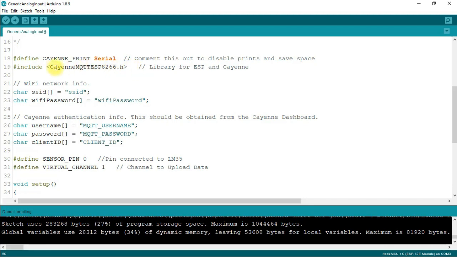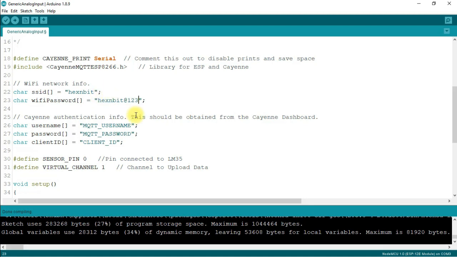This is for the serial communication, so that if I want to see what is happening inside this library, I have also enabled it. You can disable it by commenting this out. Now I have to give my SSID and password. So my SSID will be hex and bit. These are your router settings, the Wi-Fi that you want to connect to, and you have to give your router password and ID.